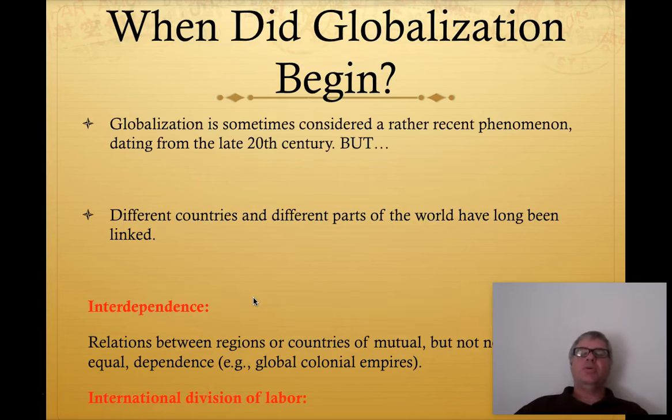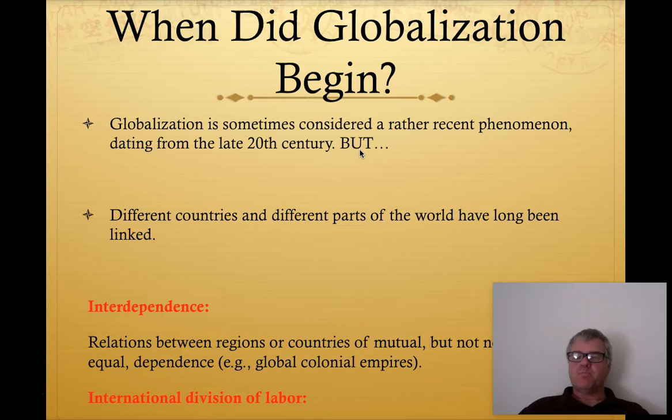So when did it begin? Well, that depends on who you talk to. Globalization is sometimes considered a rather recent phenomenon, dating from post World War II. But if we go back in time, you can think about the first truly global systems of economic and political activity, and probably could go back all the way to the 1600s, when the Spanish